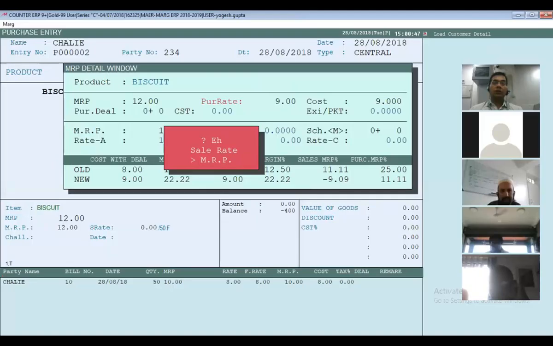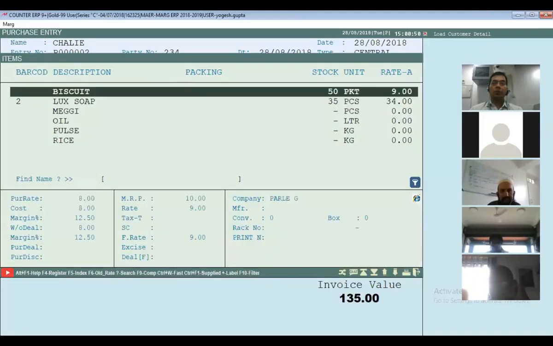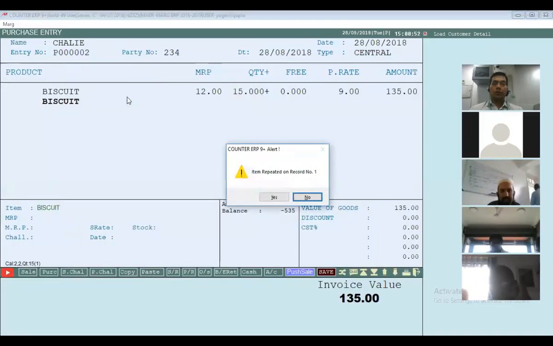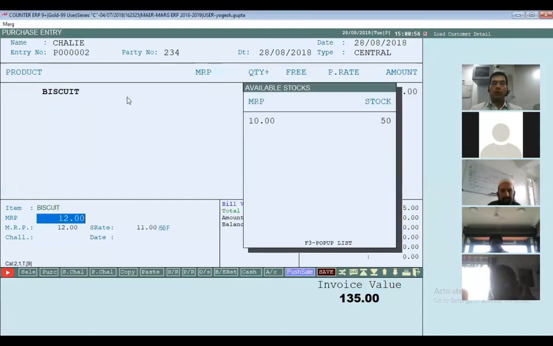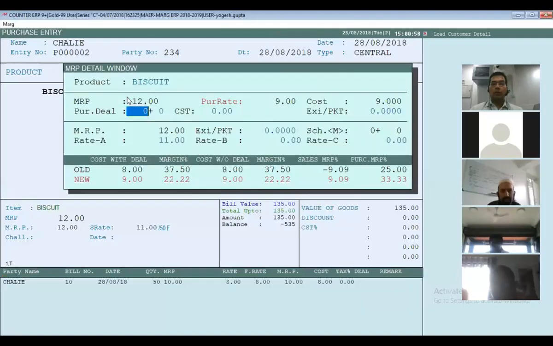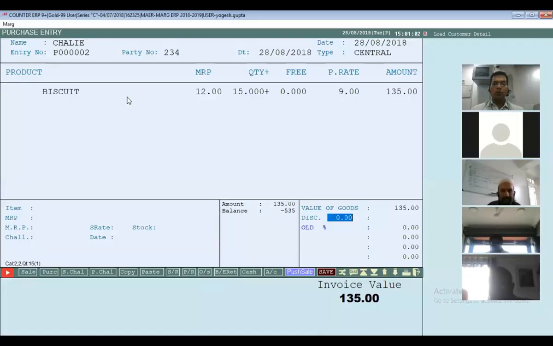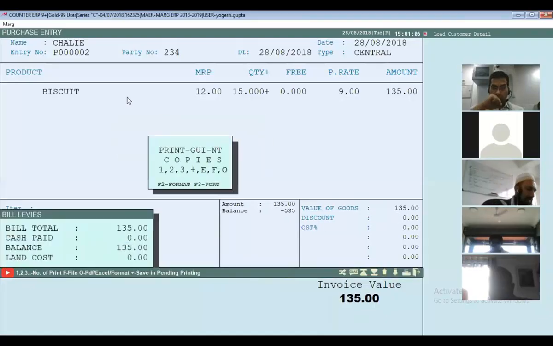This is less than MRP. Control W, saved.